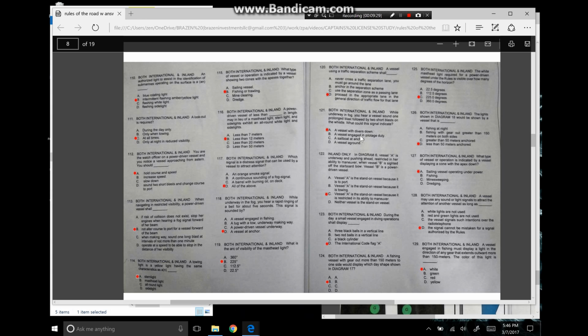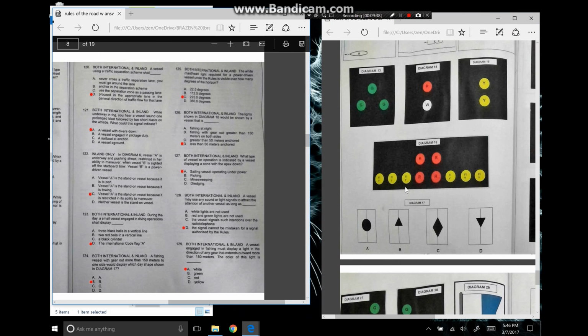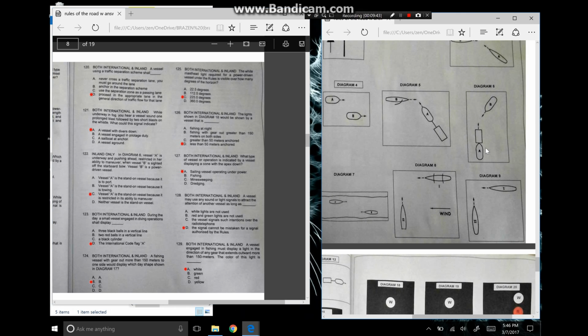Okay, 122, inland only. In diagram 6, vessel A, let's see, diagram 6, diagram 7, okay. In diagram 6, vessel A is underway and pushing ahead, restricted in her ability to maneuver. When vessel B is sighted off the starboard bow, vessel B is